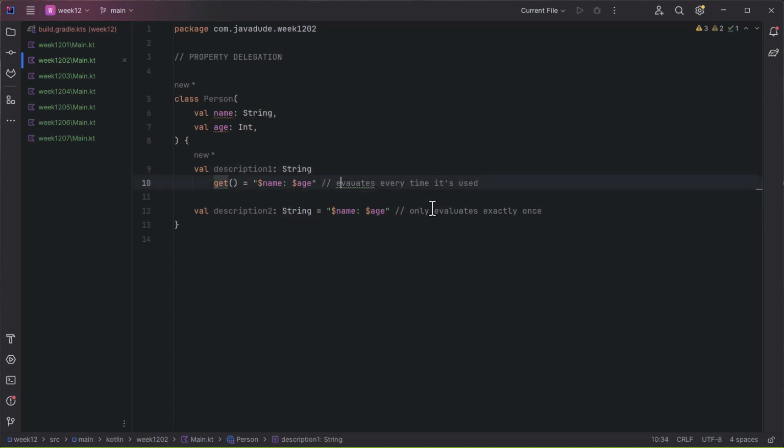Now think about when description one might have an advantage. When might that be a better option? What if nobody ever uses description one? If nobody ever uses description one, you're never going to perform that computation. Now, in these cases, these strings are pretty quick to compute. But if it was something a little bit more complex that had to be computed, then you're trying to weigh